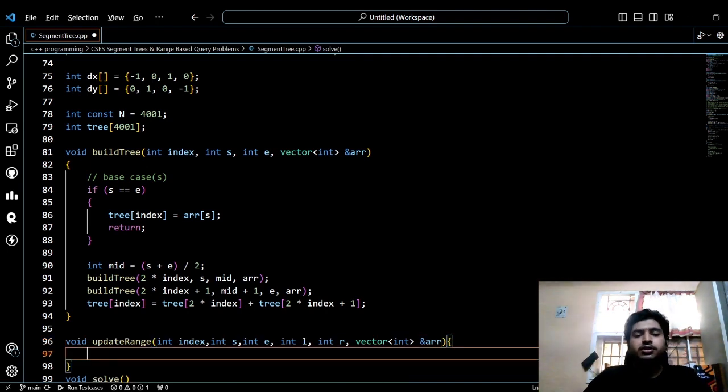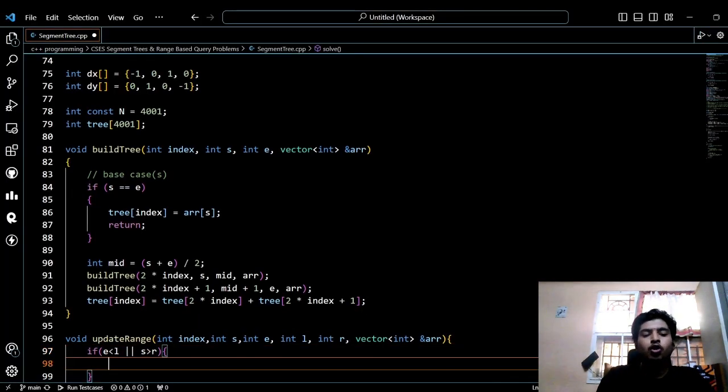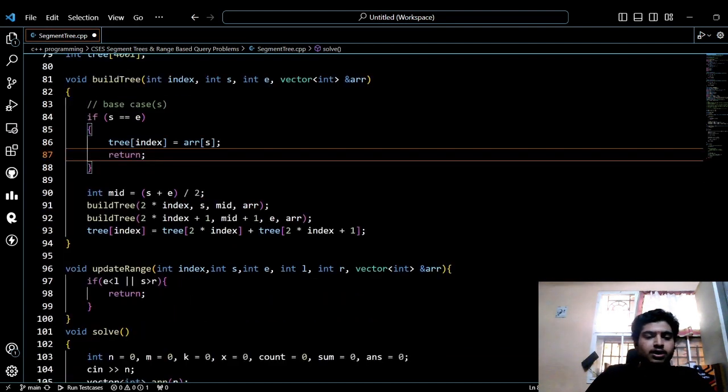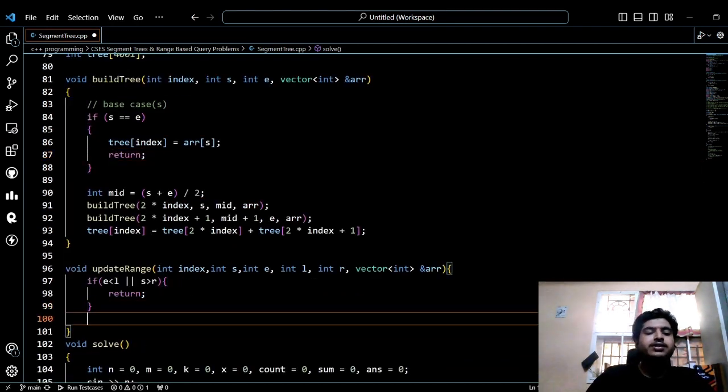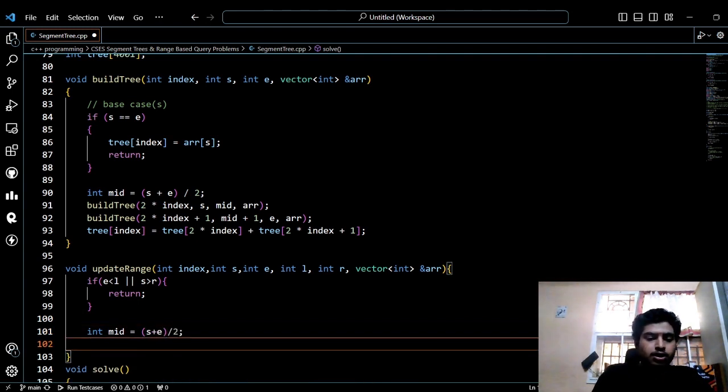right? So as we discussed over here, the first base condition will be to check whether that particular subarray's range is overlapping with the range of L and R. If there is no overlapping, we'll be just returning from the function. Otherwise, we'll be just trying to break the array in two parts, and then we'll be going till the leaf node is reached, right? So let's take out the middle value, which is (S plus E) by 2, and then